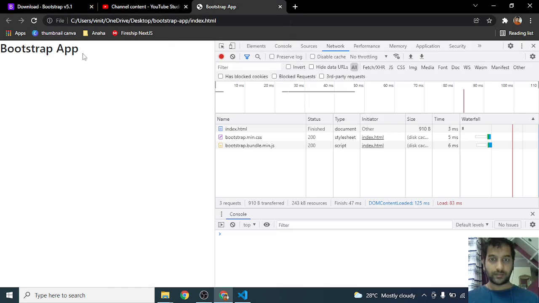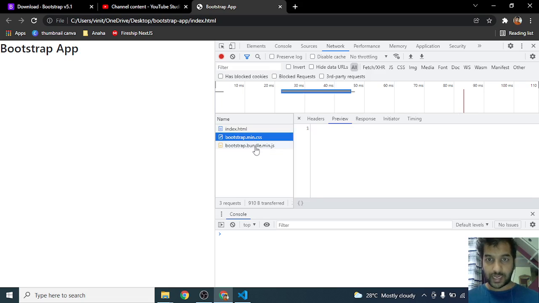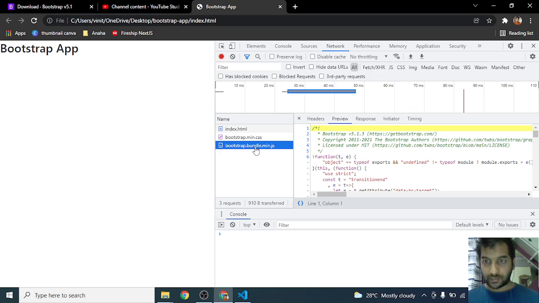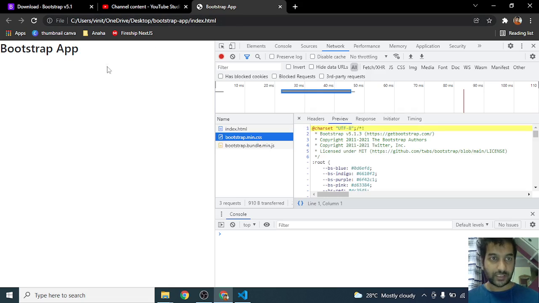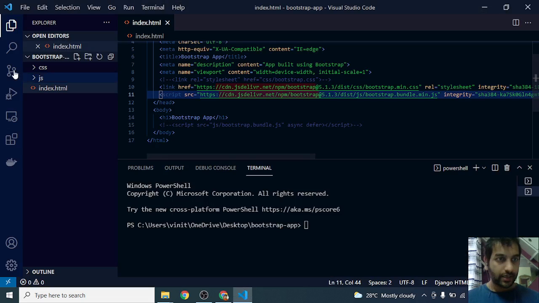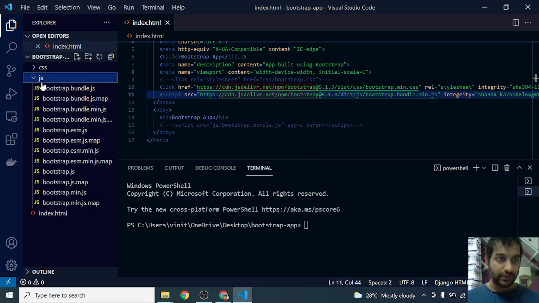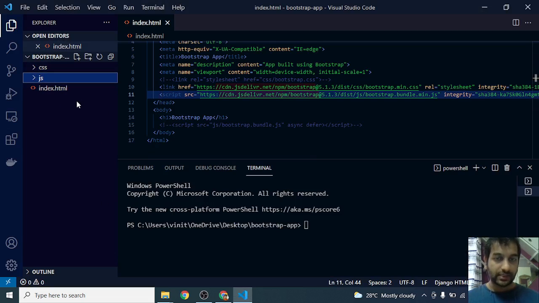Now you can see this time again it is able to access the CSS and JS, but this time it is fetched from CDN, right? So this is how you can use CDN hosted links. Now you need not have it in a folder like CSS or JS like we have put in. Even if you delete these two folders, it will still work because these files are being fetched from the CDN, from this particular link,